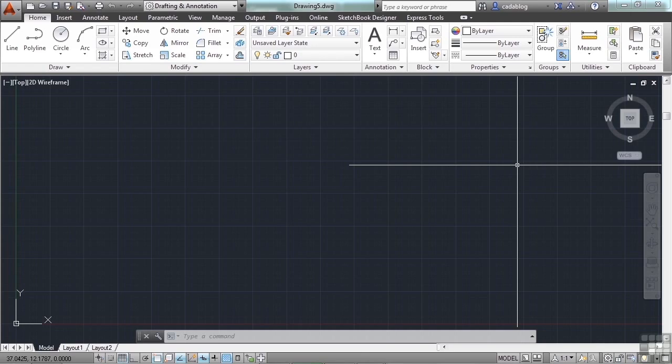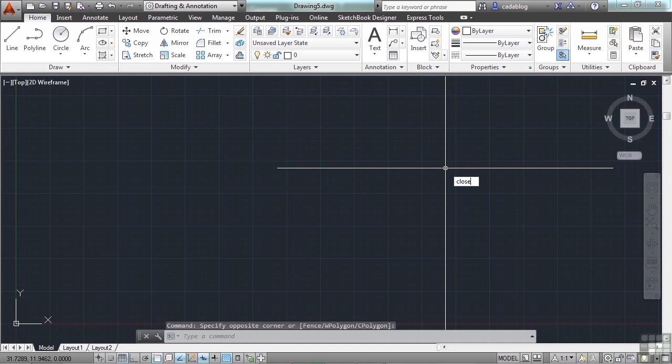There are two main ways to stop using AutoCAD. They are the close and the exit command. You can type either one on the command line. Just type close or exit. They're similar yet different, of course. If you have several files open and you close, then only the current file will go away. On the other hand, if you type in exit, every file will close, and so will AutoCAD. So close is to close your file, the current one, and exit is to leave AutoCAD, therefore closing all of